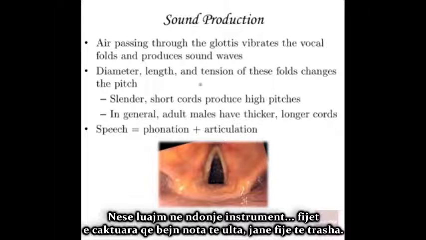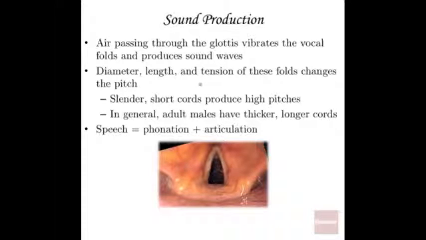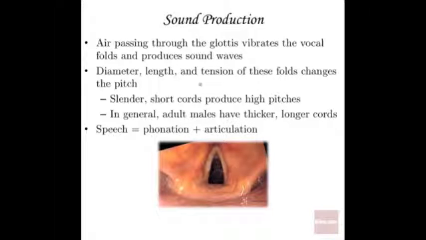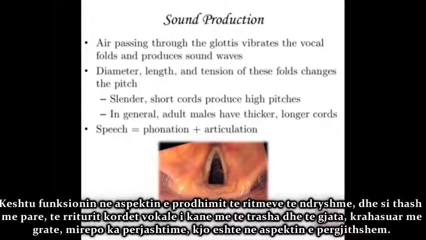On a guitar, the particular strings that make the lower pitch notes are thicker strings. And the really high-pitched ones, the strings that do the higher notes, they're thinner. And it's the same with the piano. Remember, the piano's hammers hit strings, and the ones at the far right end are going to be thinner than the really low notes at this end. And so that's how it works in terms of making different pitches. And like I said before, in general, adult males have thicker, longer cords compared to a female, but there are, of course, exceptions. That's a generalization.